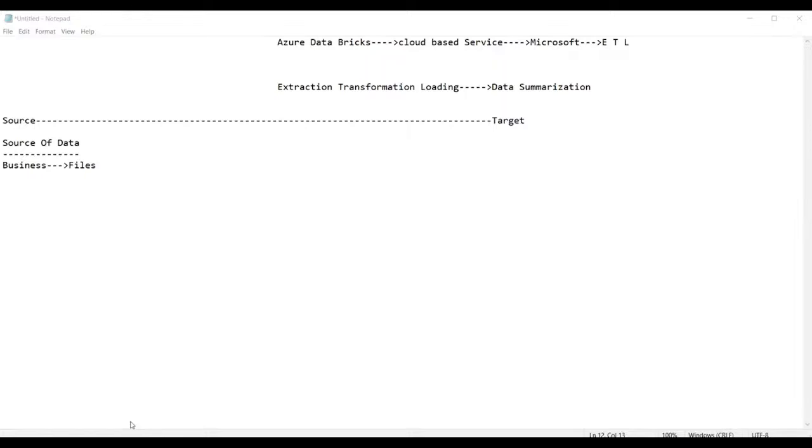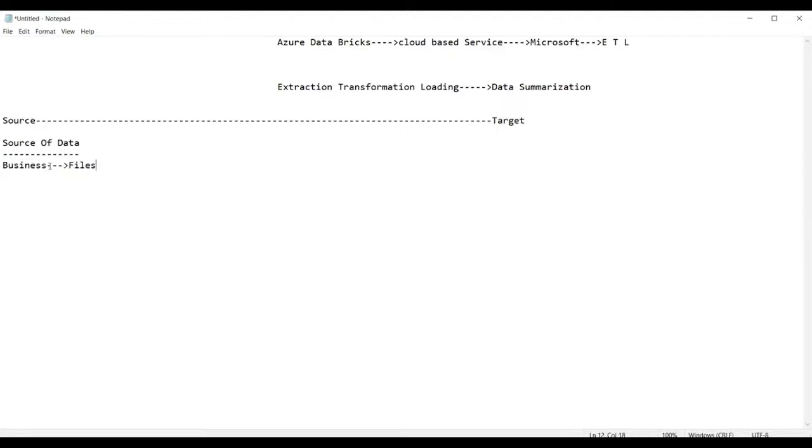Okay, sorry. So guys, we all get the data. We all work for the business only. Suppose you're working as a data engineer in an IT sector, that means you are working for a business. You will get the data from the business. From the business entities only we get the data. Am I right, guys?